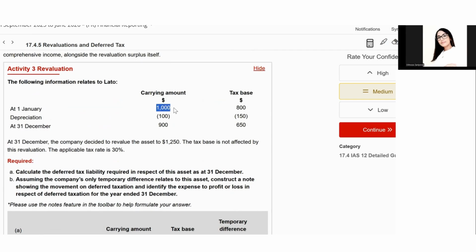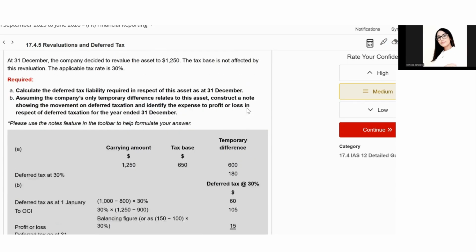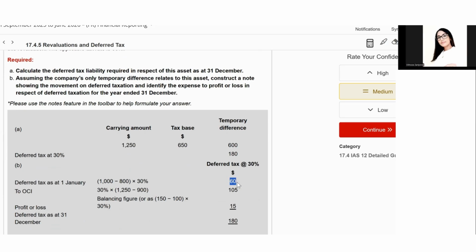1st of January, we would have this, and we would have deferred tax of this if we apply 30% the same. To other comprehensive income, we will have the difference between this one and this one because we did revaluation, right? This is the revaluation surplus. So we are showing because of the revaluation, we would have also 105. And then balancing figure or 150, or you can just put here balancing figure to make it 180